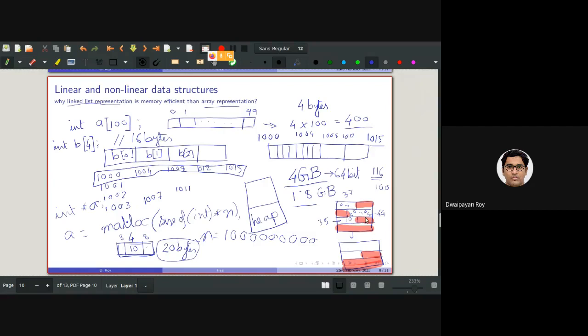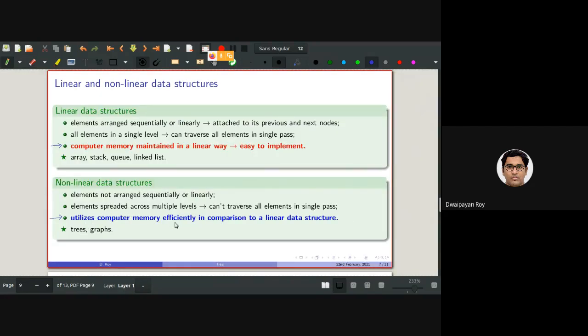So earlier, in case of array, fragmentation was creating a problem, but for linked list representation, we can utilize these small fragments of memory separately and efficiently. That's exactly what this utilization of computer memory efficiently is referring to.